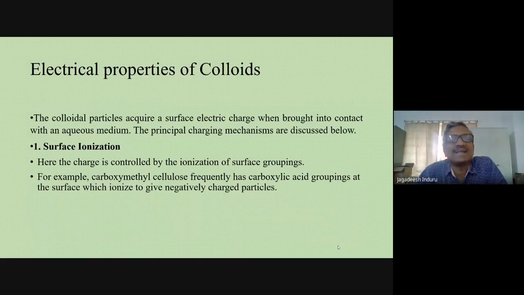The second property, after the optical property and the kinetic property, the third property is the electrical property of a colloid. Electrical property which will be having